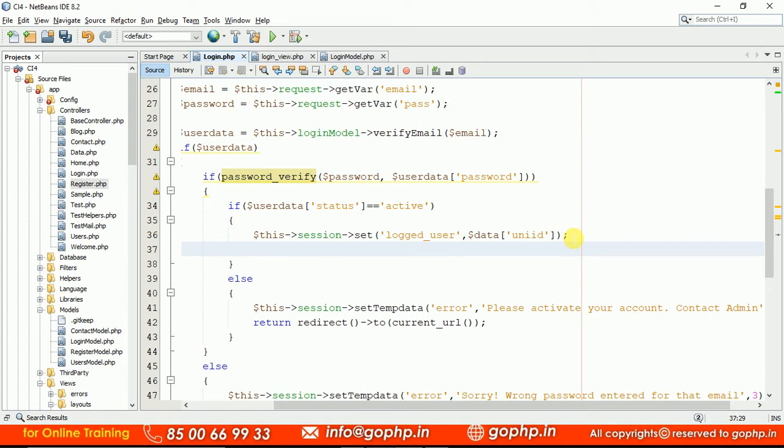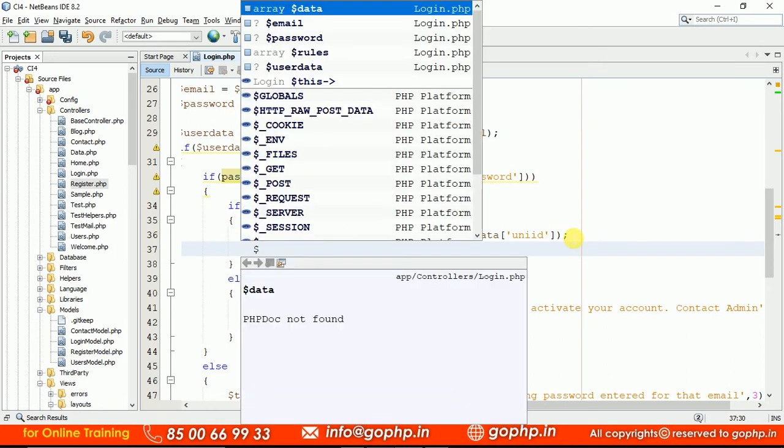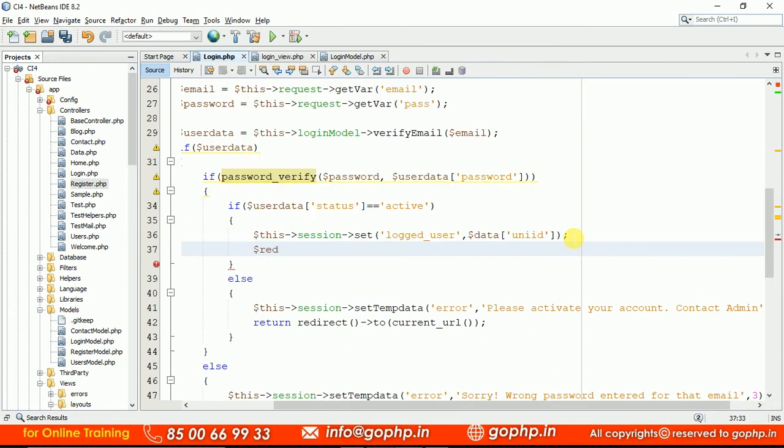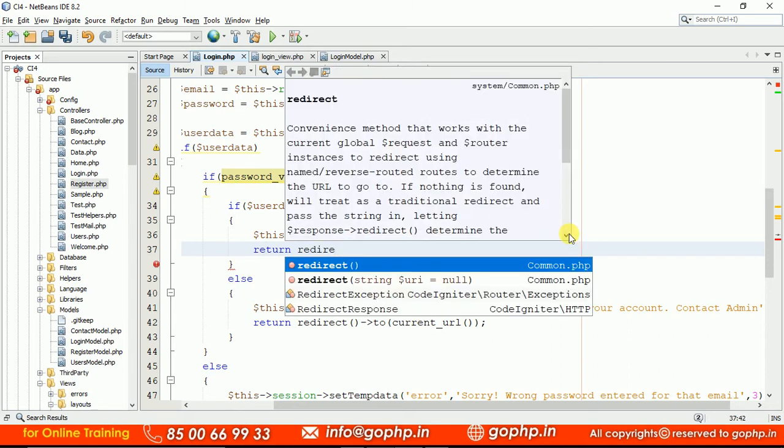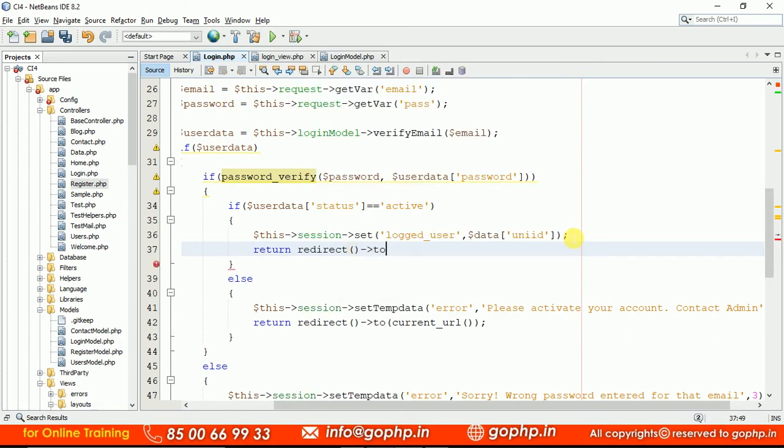Now it is ready to redirect to your dashboard page. Let us redirect it, but we are forgetting one more thing. Wait for a minute. So redirect, we have to write return redirect. So we have to go to dashboard, guys. Let us write something called /base/dashboard, or you can write base URL dashboard also, no problem.